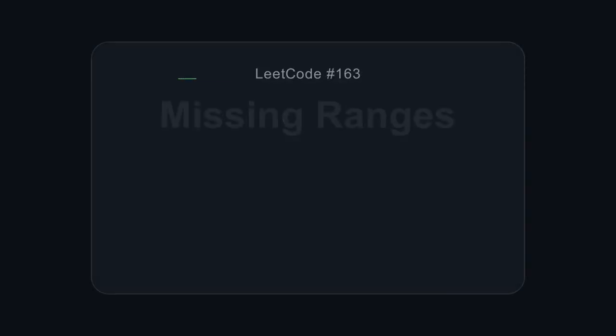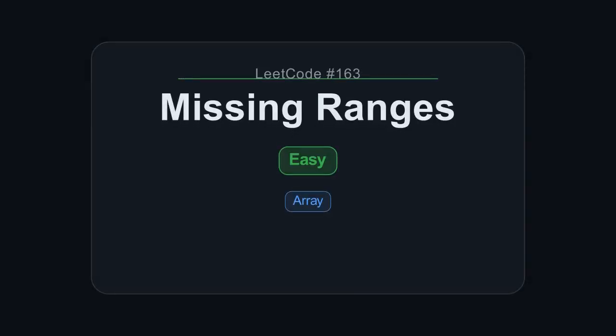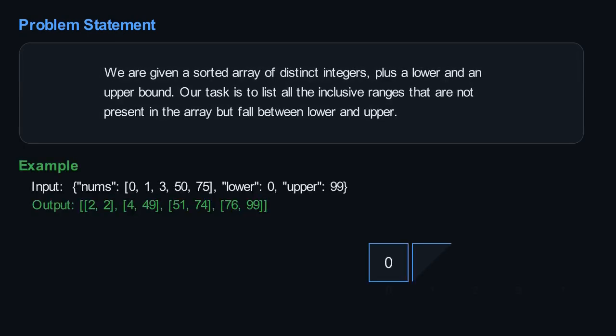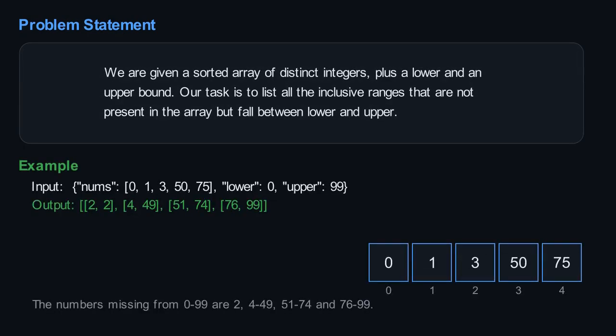What if I told you that finding every missing interval between two bounds is just a matter of placing two virtual sentinels at the ends and scanning once? We are given a sorted array of distinct integers, plus a lower and an upper bound. Our task is to list all the inclusive ranges that are not present in the array but fall between lower